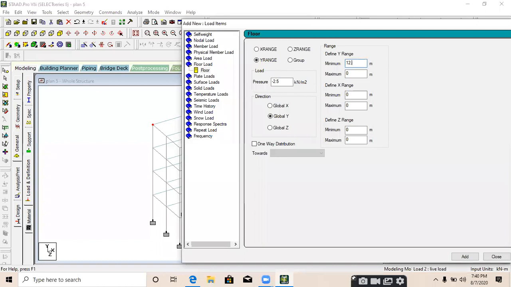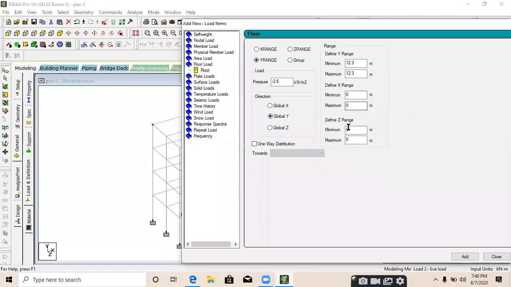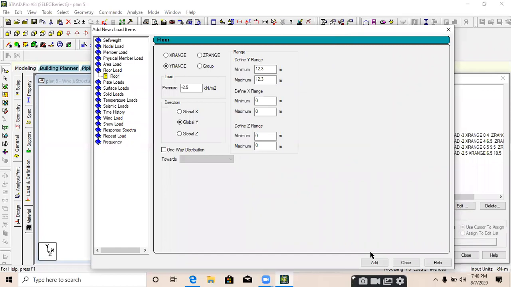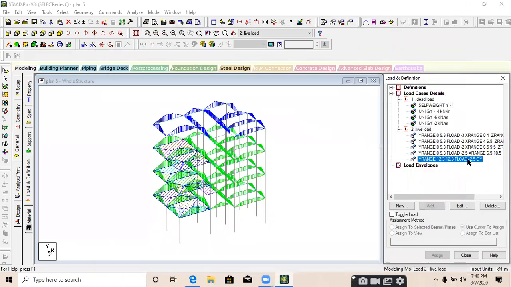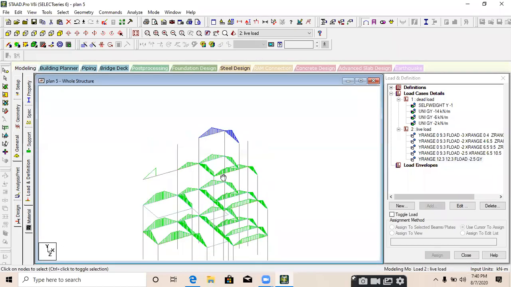Minimum range is also 12.3 and maximum range is also 12.3. We don't need to provide X and Z because we want to apply throughout the floor. If you are applying the same load throughout the floor, there is no need to provide any X and Z range.